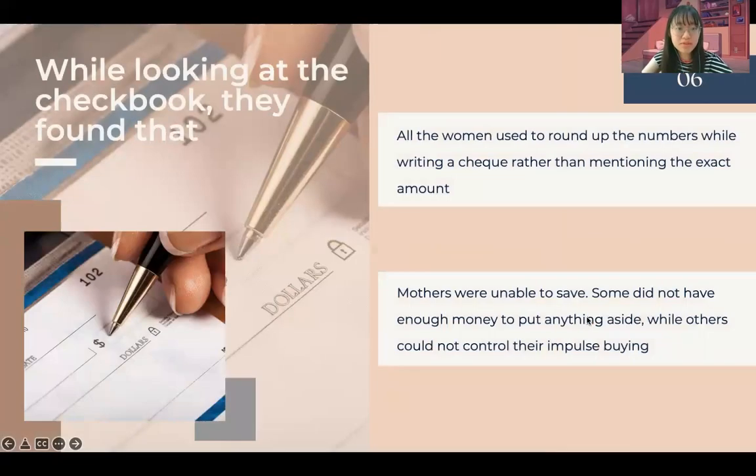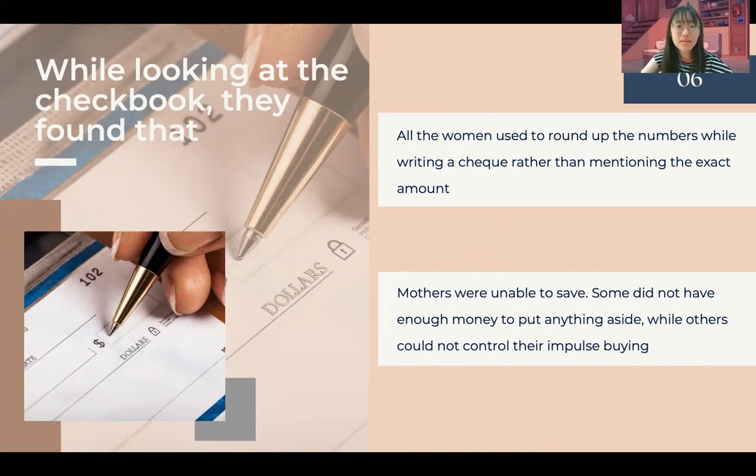So in the early 2000s, where there were no banking applications, everyone used to keep a checkbook register, listing their bills, ATM withdrawals, and expenses, which was a common way to manage money at that time. However, while looking at the checkbook, they realized two problems. Firstly, older women used to round up the number while writing a check rather than mentioning the exact amount. For example, instead of writing a check of